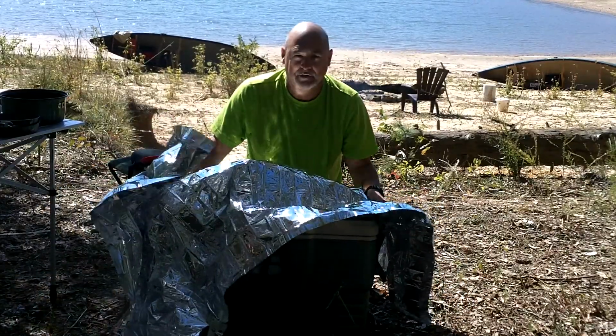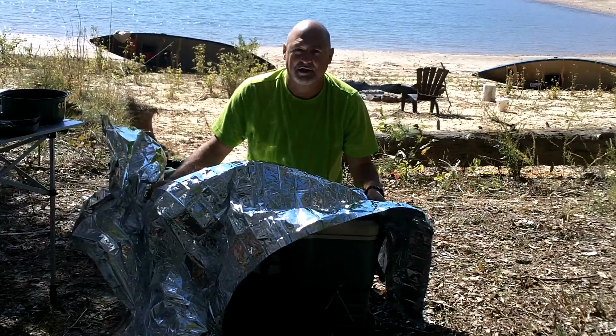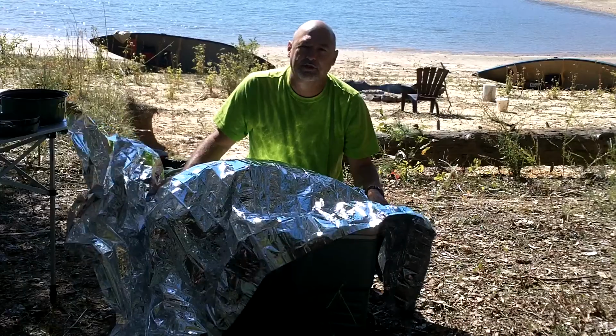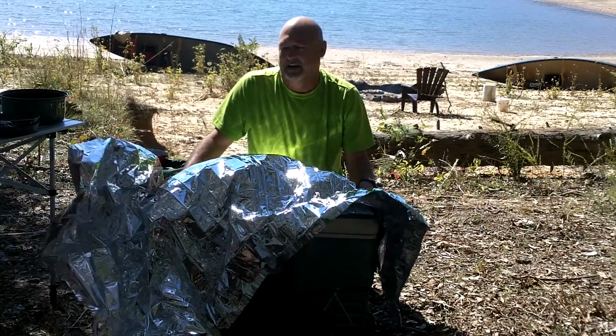And I'm about to move this cooler because, as you can see, the sun is coming through and starting to touch the cooler. I'm going to move it to a nice, cool, shady spot behind my tent, and it'll be